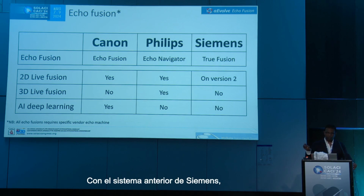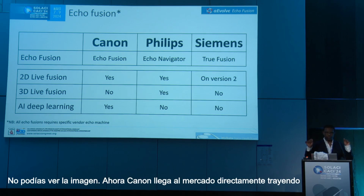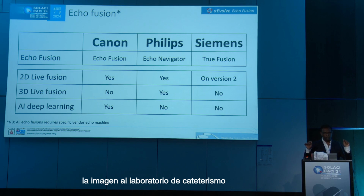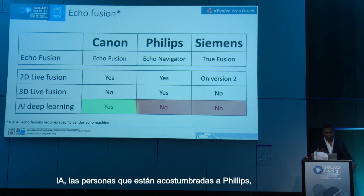With the previous Siemens system, you can only put a dot, and the dot will come up on the fluoroscope. You cannot see the image. Now, Canon comes into the market directly bringing the image into the cath lab, and you will actually see the image on the screen at the same time. And because this is an AI intelligent process,